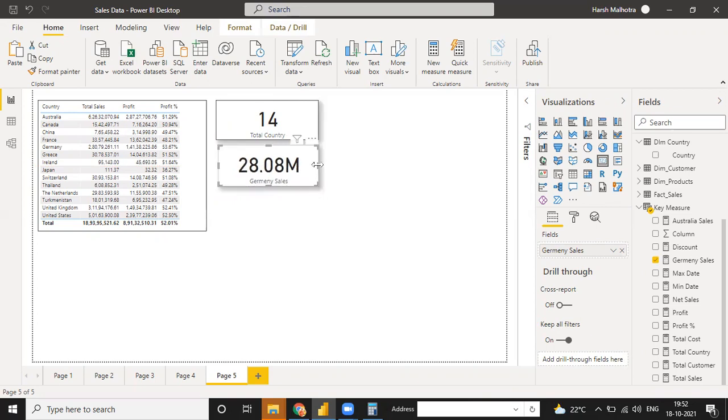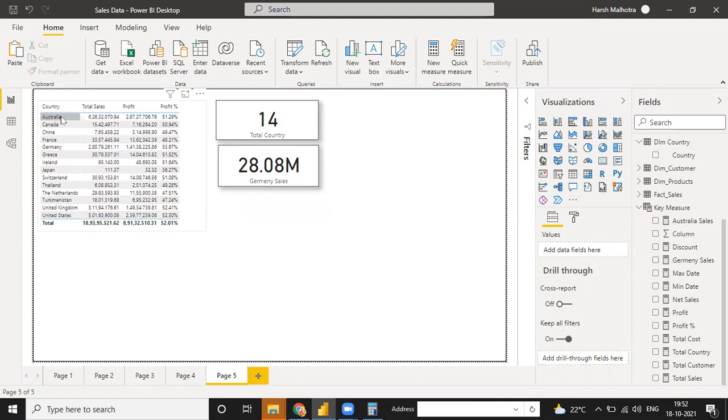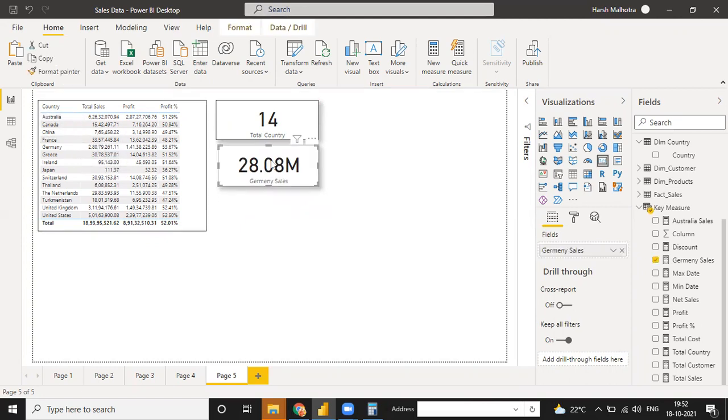But I have one question, guys. If I already calculate this sales in the table chart, why do we need it in the card chart? Why do we use a calculate function or a filter function to make sales for a particular country in the card chart? Just to highlight things, because a table is like text, it won't look nice. It is like a dashboard where they can come and just see.